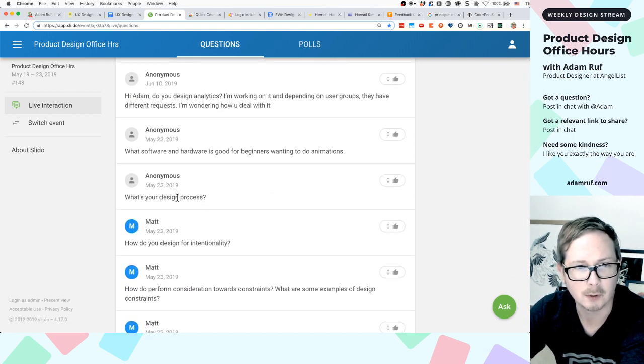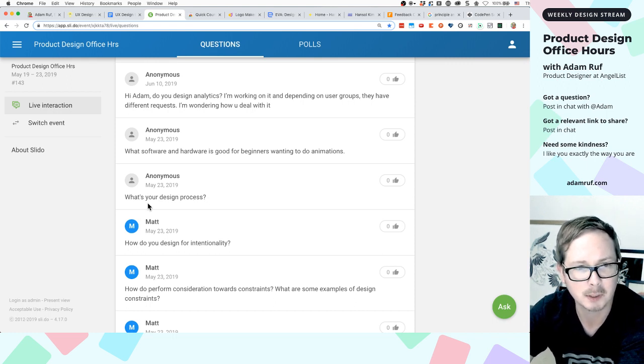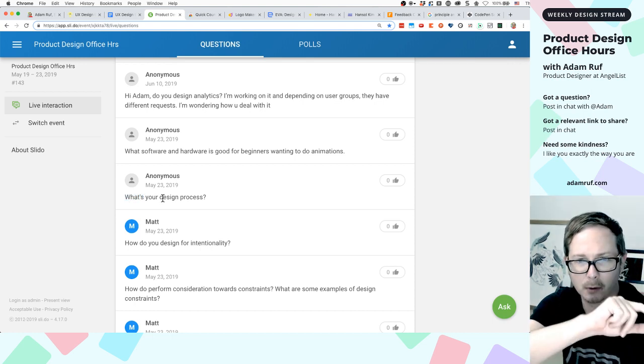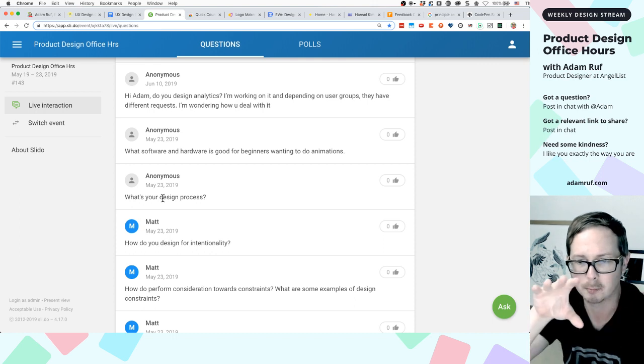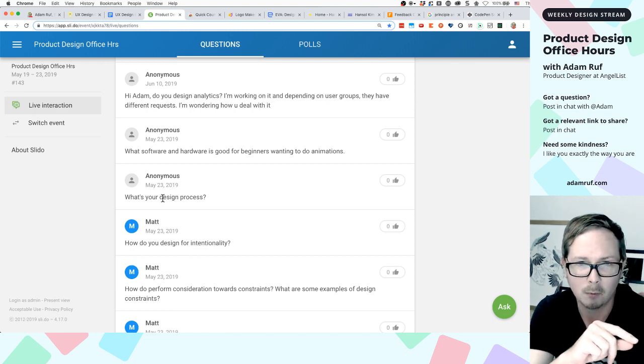Not this one though. What's your design process? This is maybe an interesting question, but it's too vague. And essentially, my design process is whatever works, whatever needs to get done. It depends. The big answer is it depends. That's why in portfolio reviews, when I see someone who shows a designer process diagram, I always say, for me, this is a flag that this person is very junior,